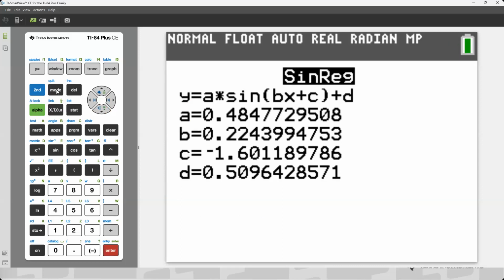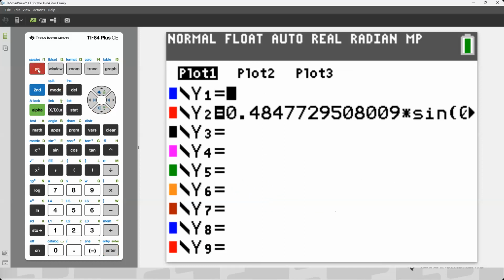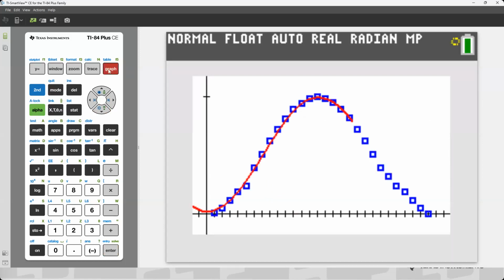I was playing around a little bit earlier with the idea of a polar function. So I need to go back to my function screen and my mode. And I'm going to go to the Y2, which is where that sine function is graphed. And I just want to see what this looks like on top of my estimations. And I wonder what you guys think. I've got my chat up now and kind of everything sorted out.